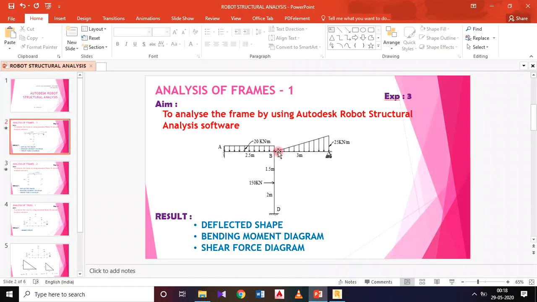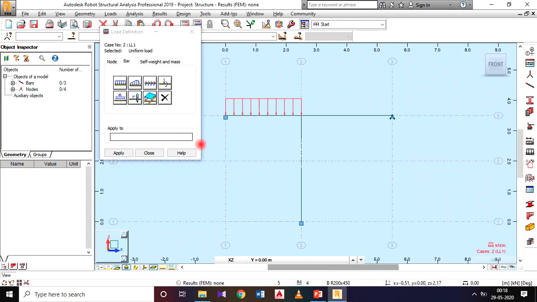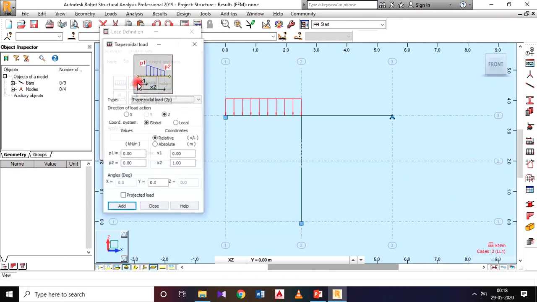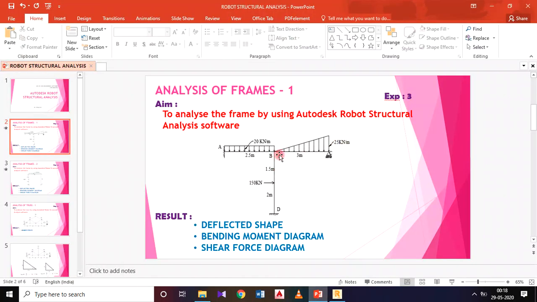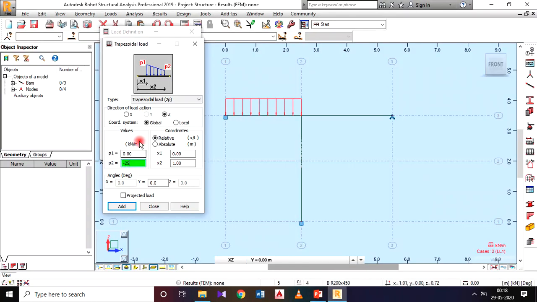Then here it is 0 and it is 25. For that go for this trapezoidal load. So in this the intensity of P1 is 0 because it starts from 0, and intensity of P2 is the maximum, minus 25, right? P1 is 0, P2 is minus 25, and the interval distance is 3 meter. So the starting point x1 is 0 and x2 is 3.